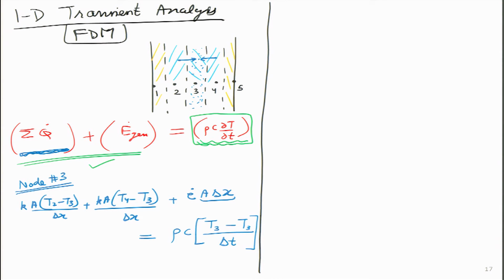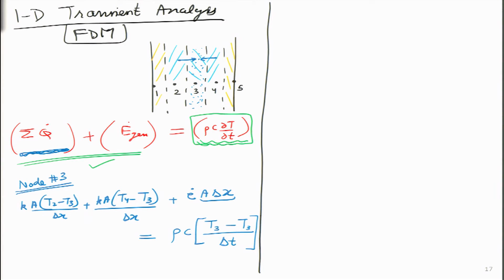Now comes the interesting point. What we have to do now is at the same node T3, we have to figure out that before and afterwards, before the heat transfer took place and after the amount of heat transfer has taken place, the temperature should have risen if the net heat flow and generation total is positive. Let us assume it is positive for just a little while. Now, I will put some superscripts over here. The initial temperature was T3 with superscript i. Please remember this is not the power, this is a superscript.